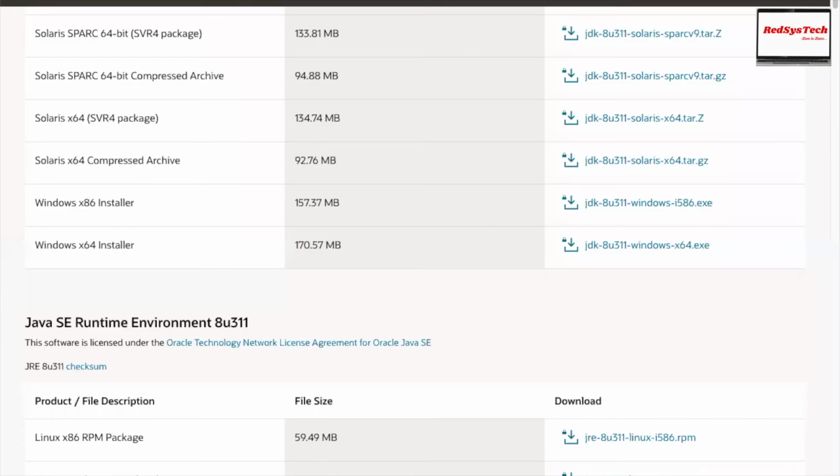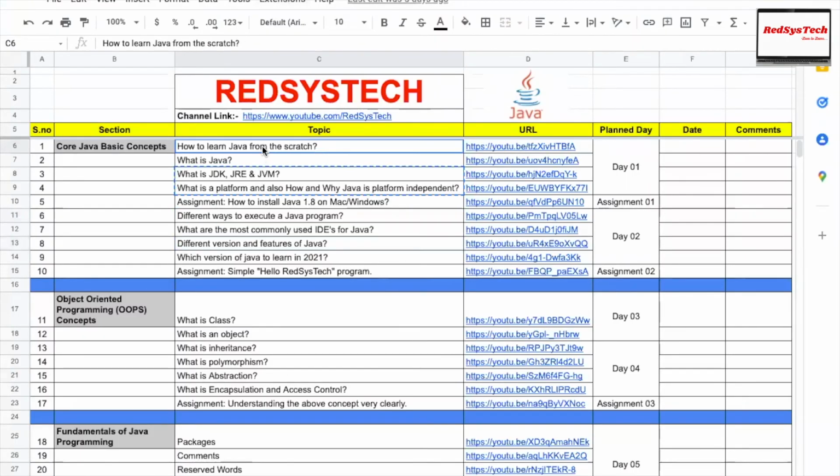Once we start getting into the programs where you will start writing the code, and if you see the syllabus I have written, let me show it again. So we are covering this for today, the day one. Whichever laptops you have, Mac or Windows, try to install Java 1.8 on your machine, which is JDK 1.8. Tomorrow we'll go through how to write a program and how to execute it, and then we can go one by one.